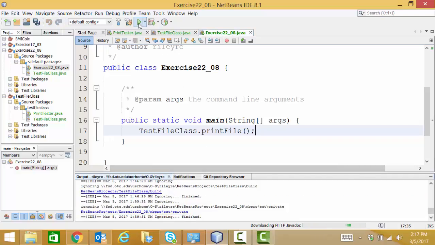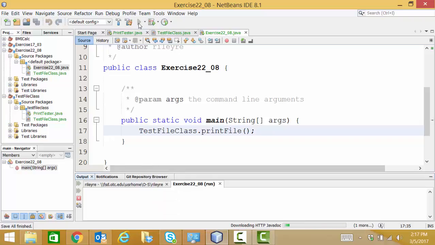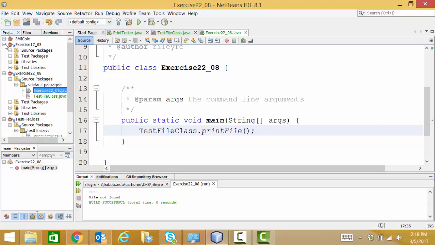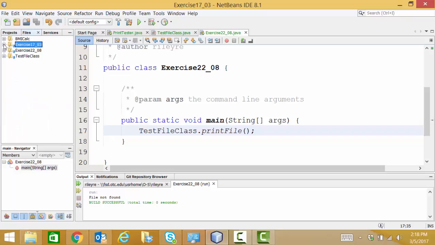So I'm going to run it. And I get my message, file not found. So that looks good, that's what I would expect. I'll go ahead and copy the file from exercise 17_03. I'll go to my Files tab, expand,